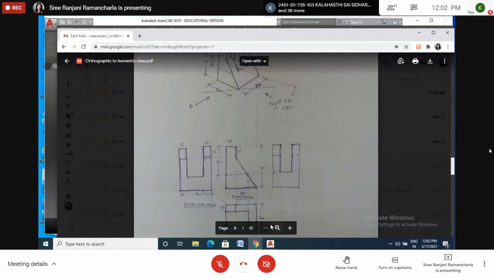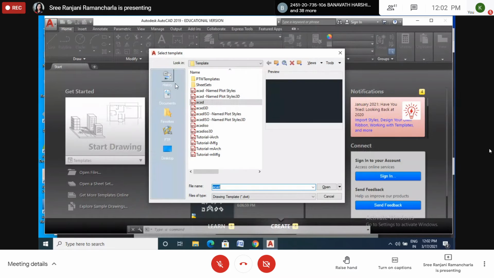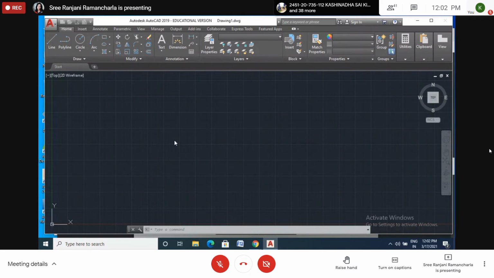So first I will draw the isometric drawing. First I open a new drawing.